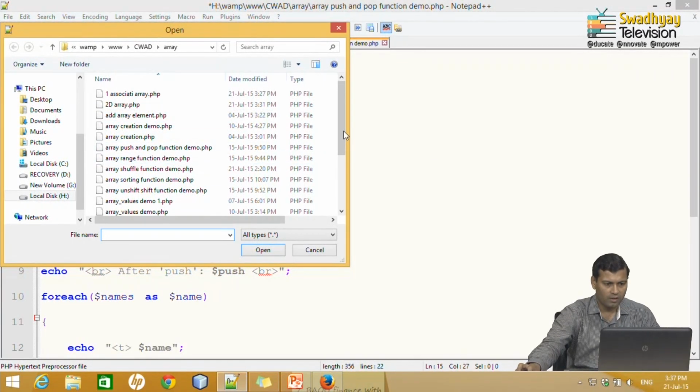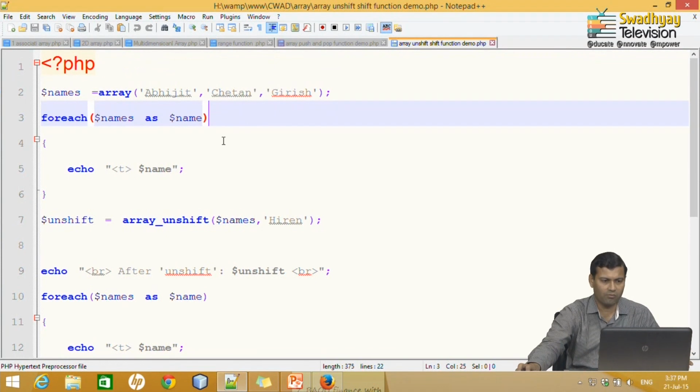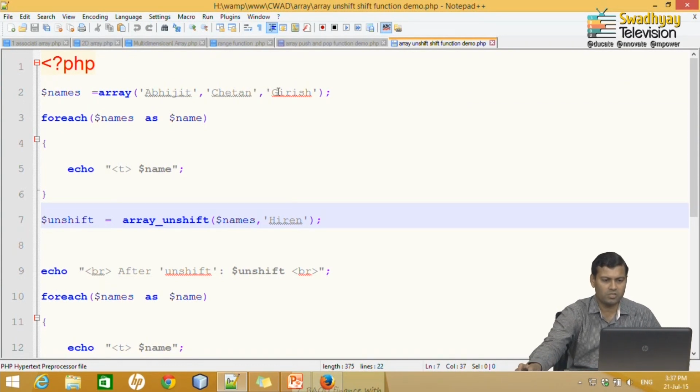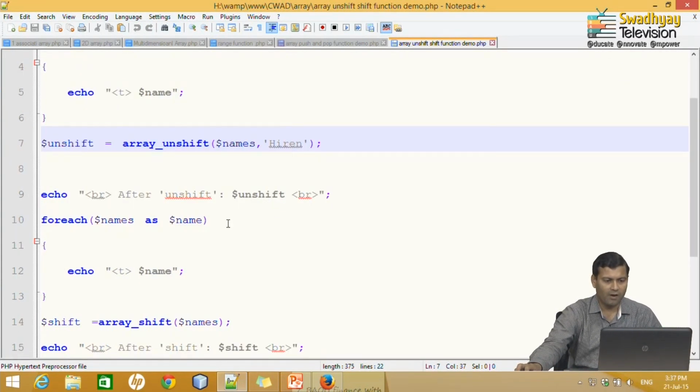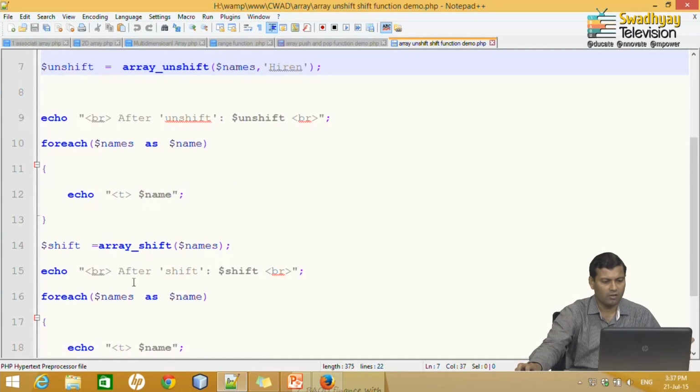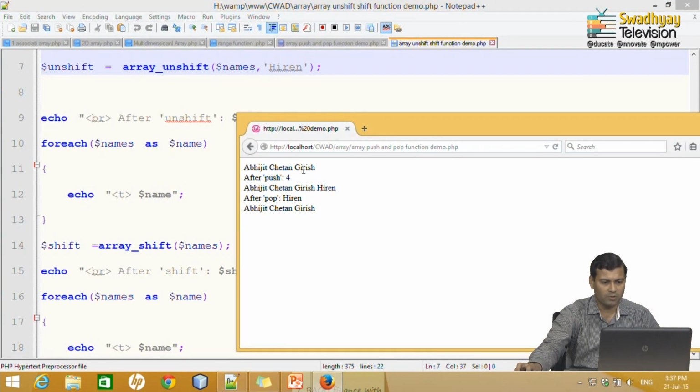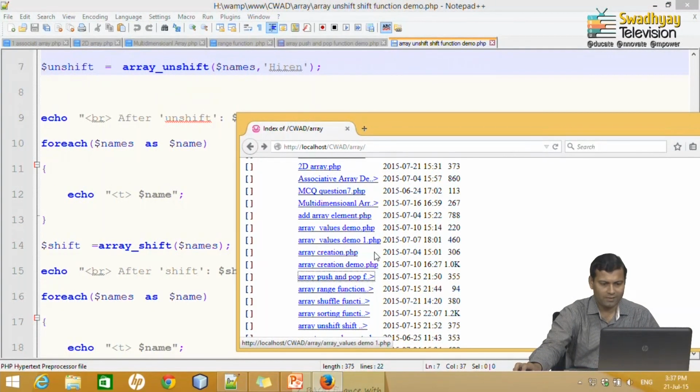So, let me write the array unshift and shift function. Here, in the same way, I have taken the same values Abhijit, Chetan and Girish. Now, if I unshift Hiren, it will become Hiren, Abhijit, Chetan and Girish, and after shift it will take Hiren and the remaining 3 names will display. Let me show you by example.